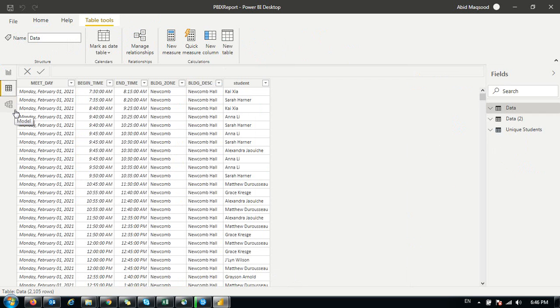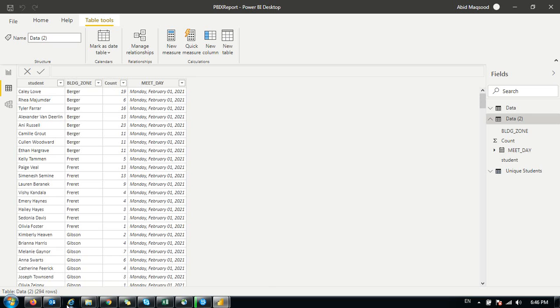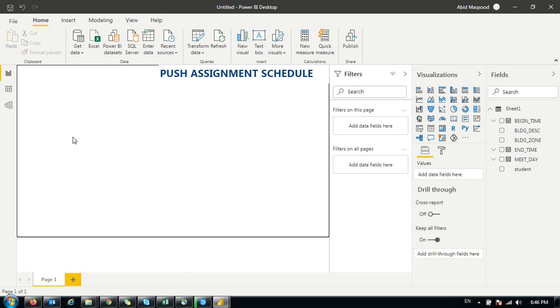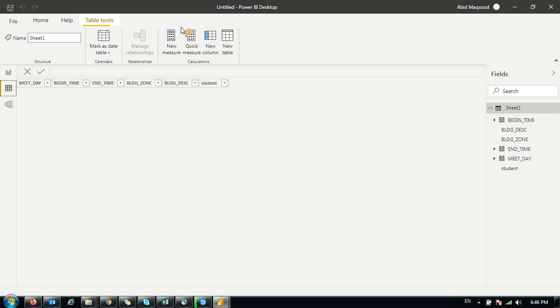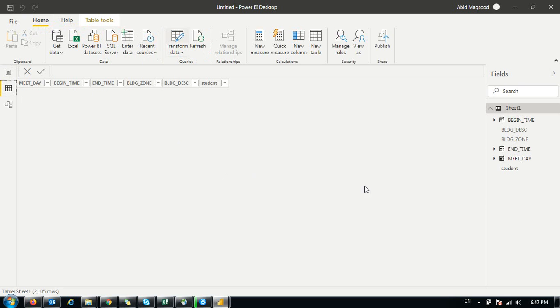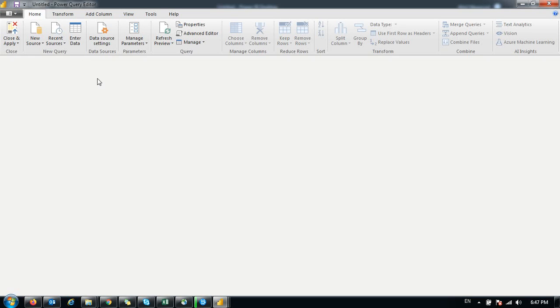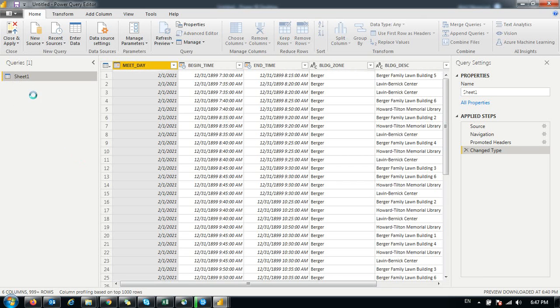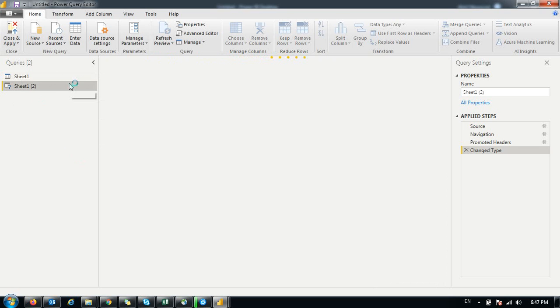Then if we go back to this report, you can see that we have created this table. Actually, this is a copy table from the other one. This table is created like this: I went to the data modeling, from transform data, to create a second table or data two table. Then I copy this table and paste it over here. So I used Control C and Control V, and the data is again with me.